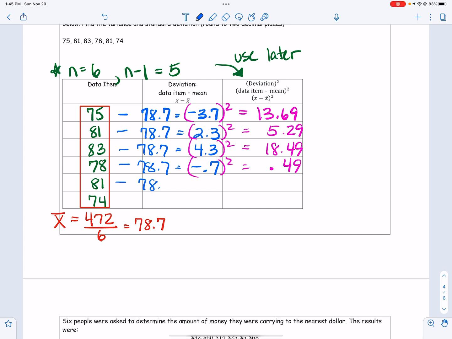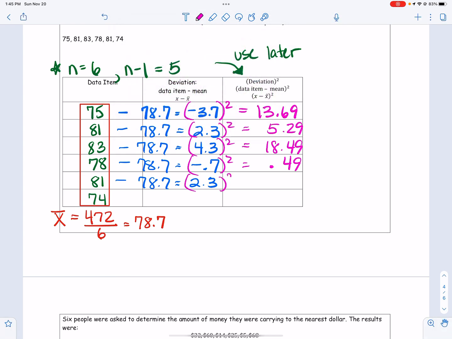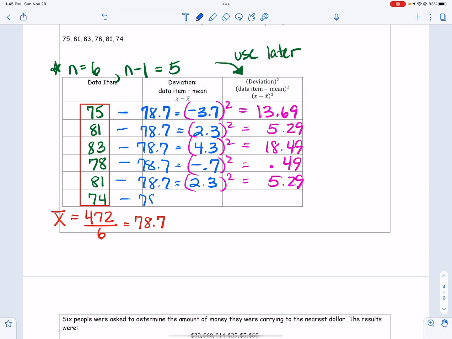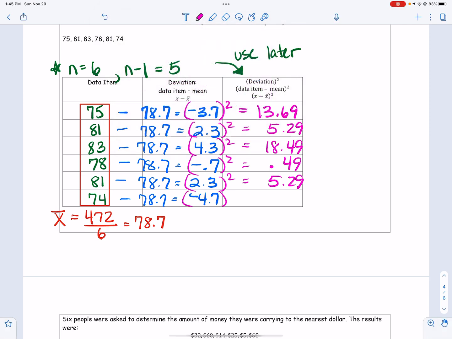Subtract 78.7, that gives me 2.3, and I square 2.3, which gives me 5.29. And last but not least, subtract 78.7, and that gives me negative 4.7, which then I square, and that gives me